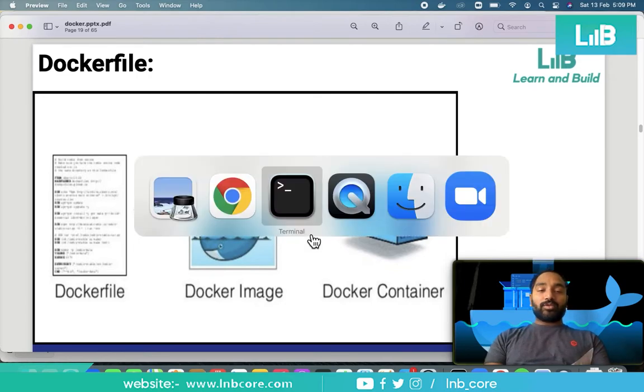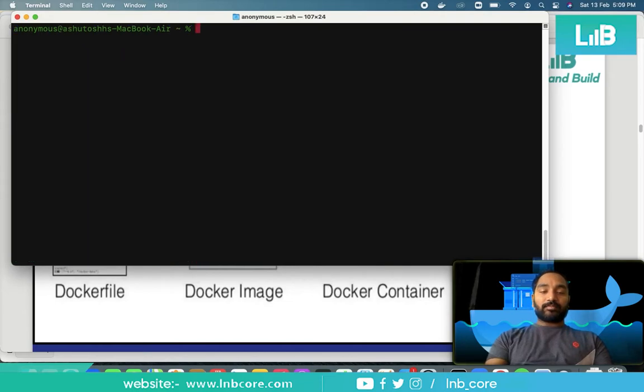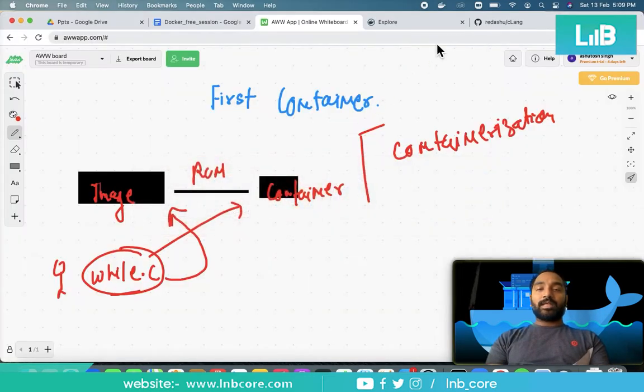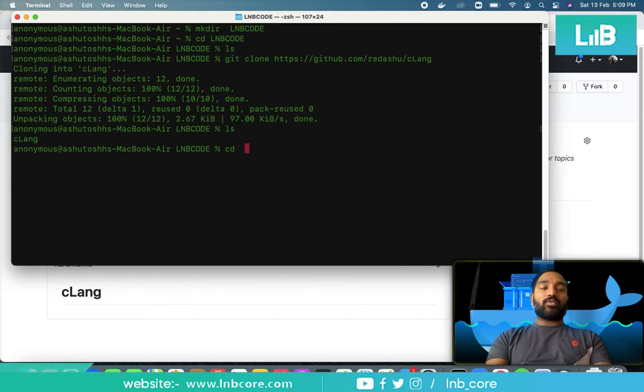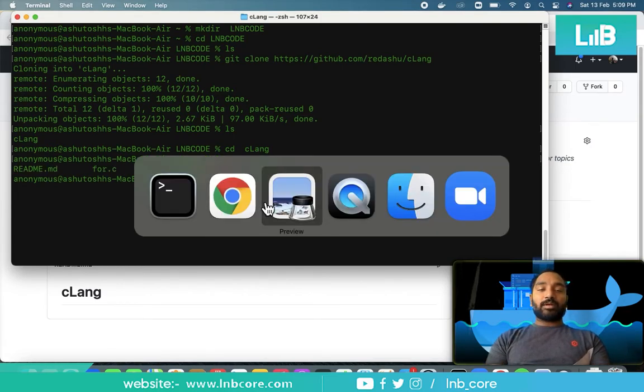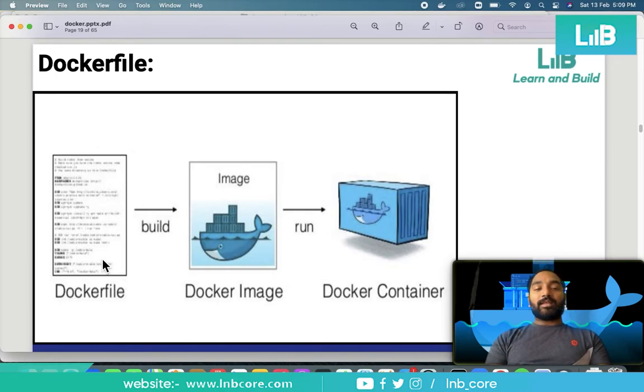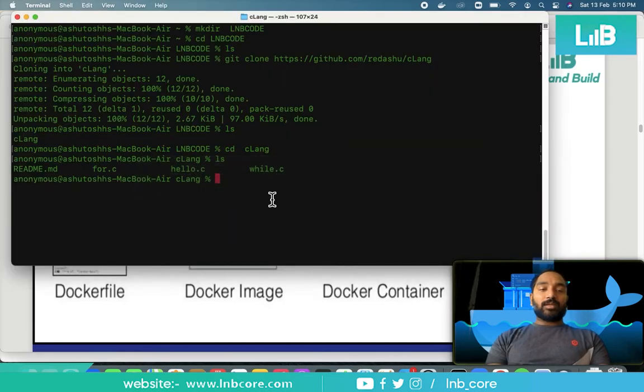Okay, so what I'm going to do is, just to give you that idea, I am going to create one empty directory. Let's call it lnb code. Okay, and under this I am going to take this code that I have already written. So to my git URL, I can just clone it by git clone, and here like this. Okay, so here I can go in clang directory, and I can say I have number of code. Okay, so let me introduce Dockerfile here. Okay, if I introduce Dockerfile, then I have to integrate with my code. So simply I'm introducing a file called Dockerfile. The file name of Dockerfile must be Dockerfile initially, and here